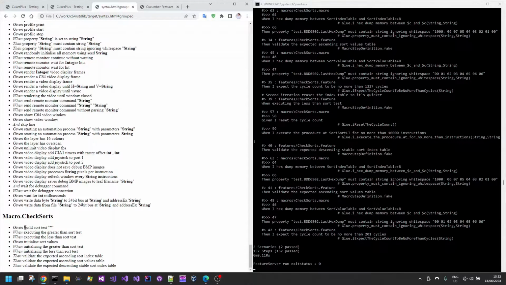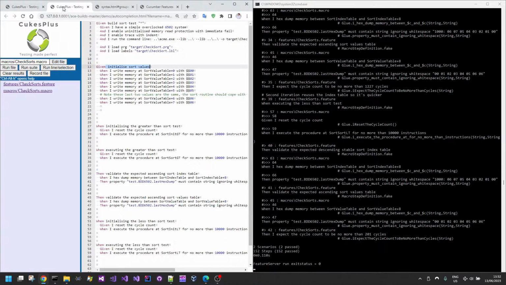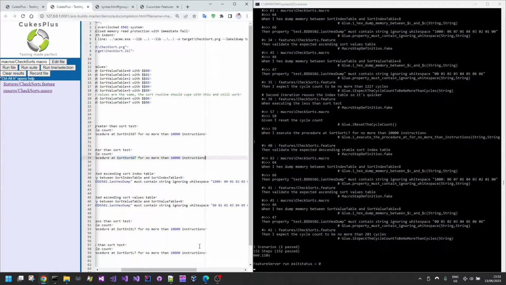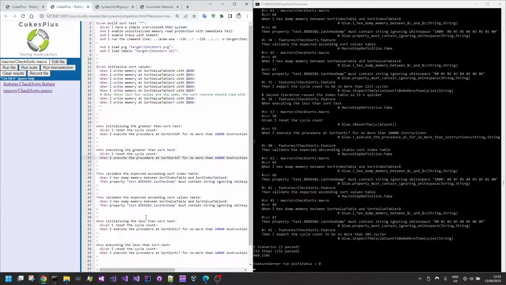So given build sort test is one of the macros that we were having a look at just now. When executing the greater than sort test, for example, we go back here and we can see that it resets the cycle count and then it uses the Java based syntax to execute the procedure at sort GT, which is short for greater than, for no more than 10,000 instructions. So we can use this macro functionality to compose more readable test cases, but more maintainable test cases too,